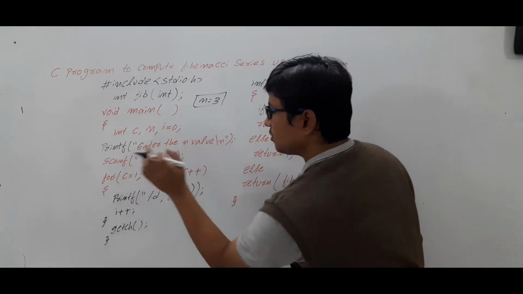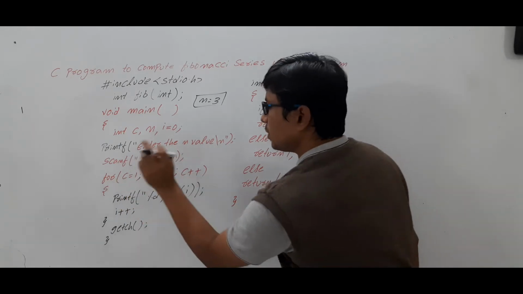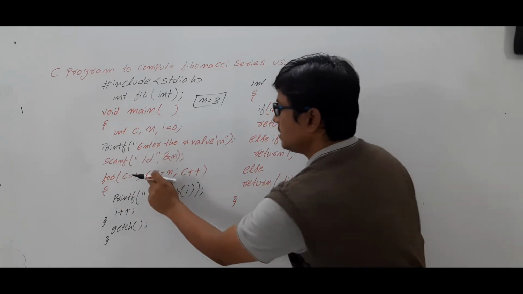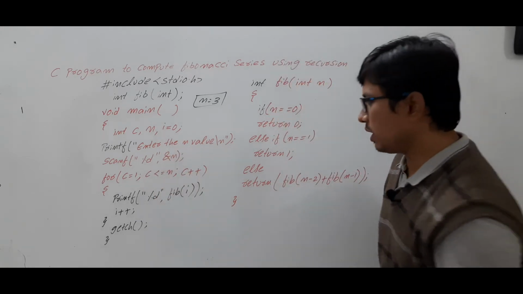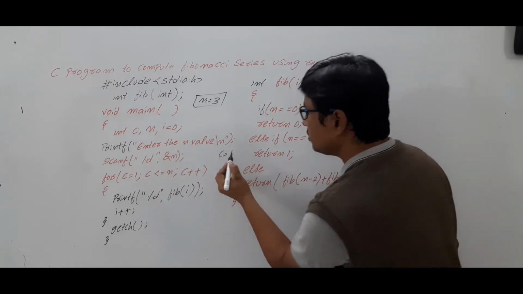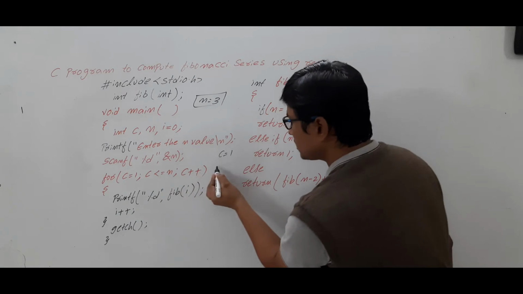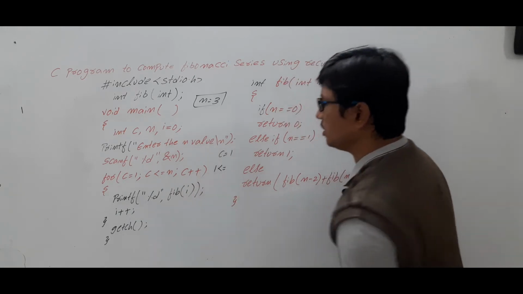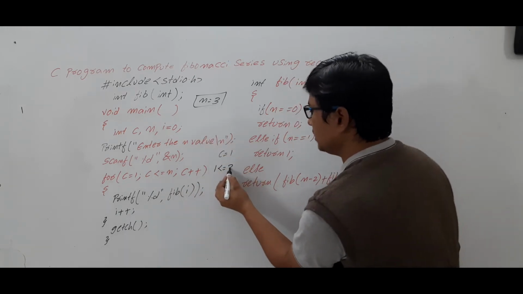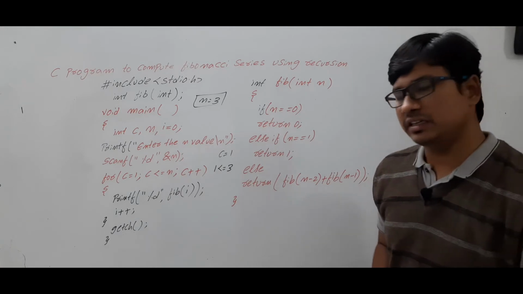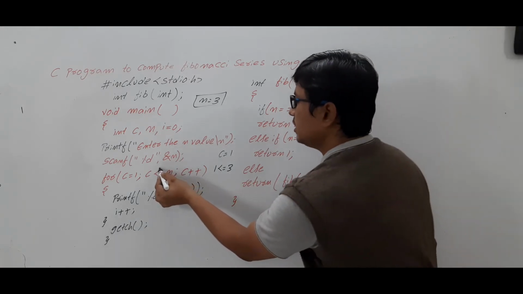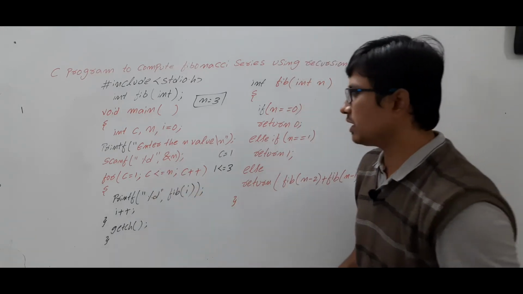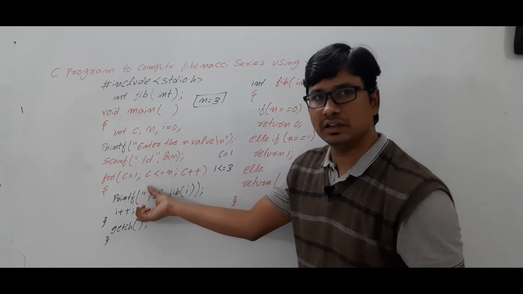Now come to the for loop. C is equal to 1. This is the initialization section. C is less than or equal to n. What does C consist of? Value 1. So you are checking 1 is less than or equal to n value 3. So whether 1 is less than 3? Yes, this condition is true. If this condition is true, you can execute the statements which are there in the for loop.